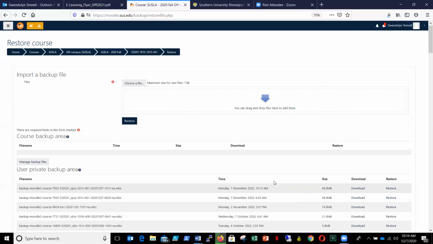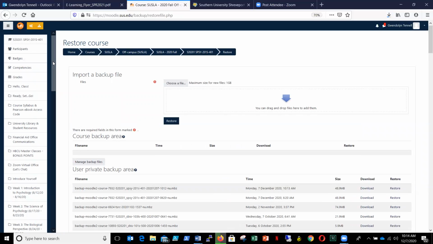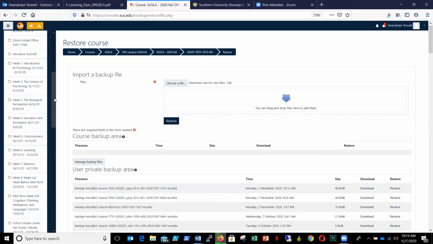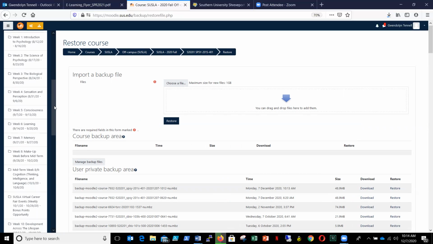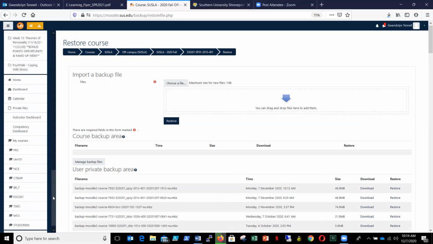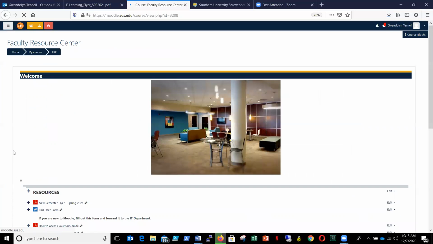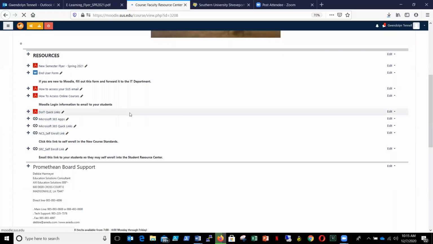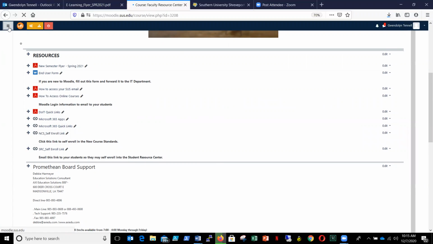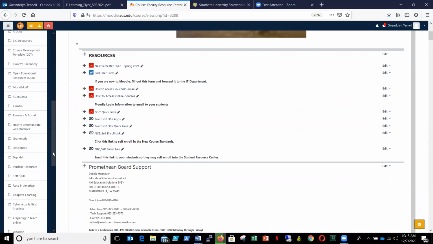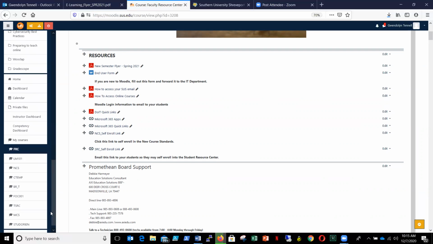Now what we would do is also go to the new course standard. If you do not have your new course standard on your dashboard, you can go to the Faculty Resource Center, which I will show you where it is. And you can click on this link to self-enroll into the new course standard. Now, if you do have the new course standard, if you're already self-enrolled into the new course standard,